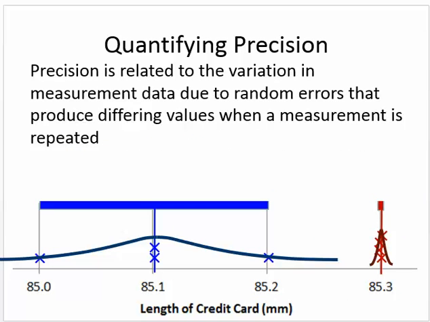How can we tell if someone's more precise? Well, what precise comes down to, they give us a really long definition here. Think about finding the range. Student A has a range of 85.2 minus 85.0, or 0.2. Not negative, but 0.2. If you take their greatest value minus their smallest value,